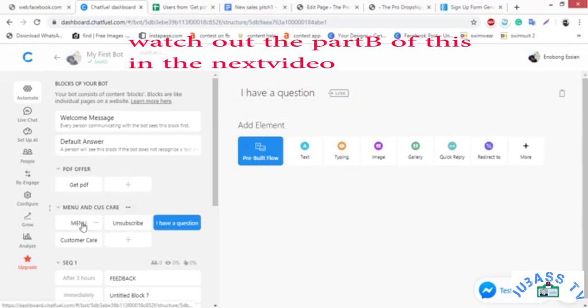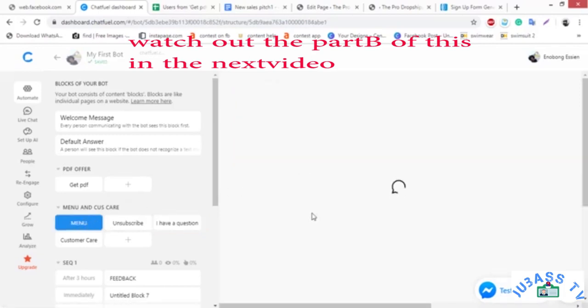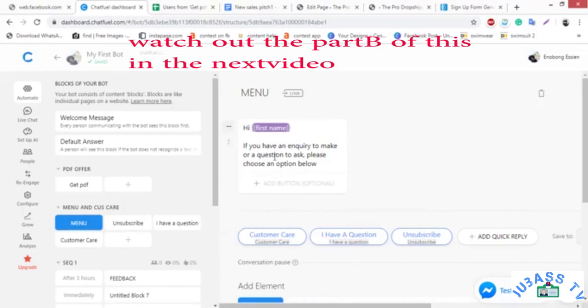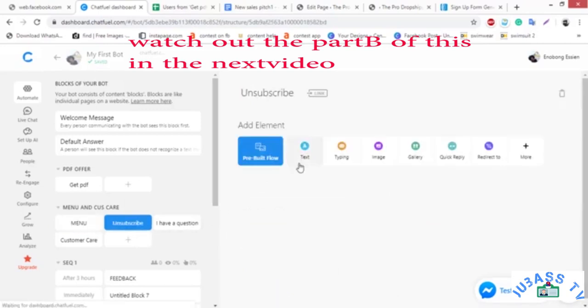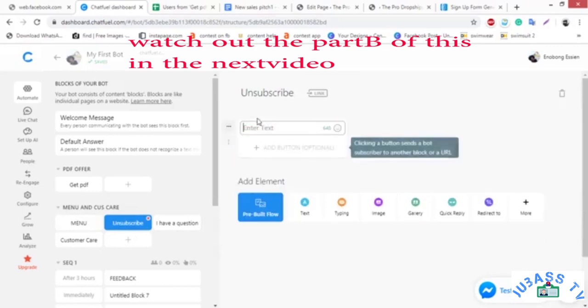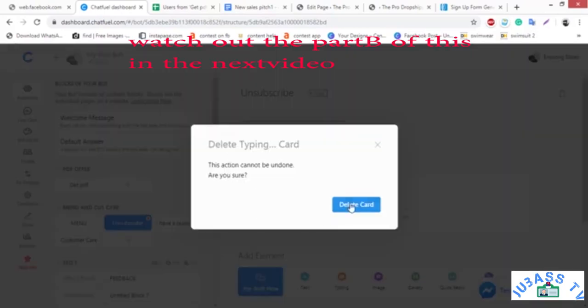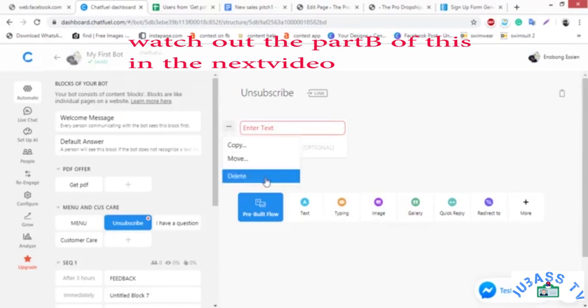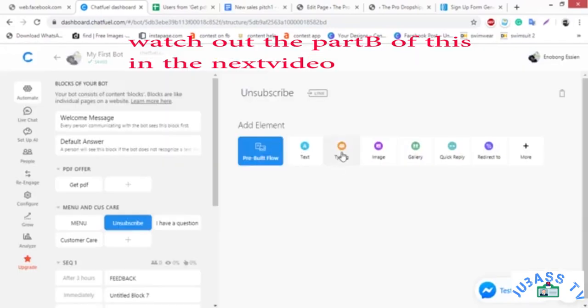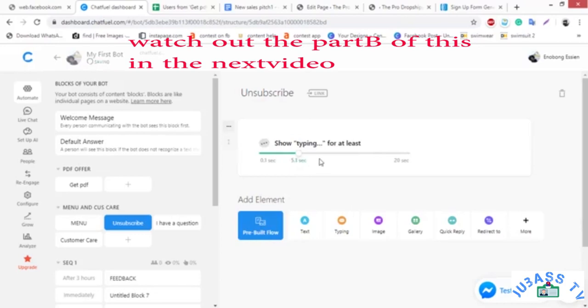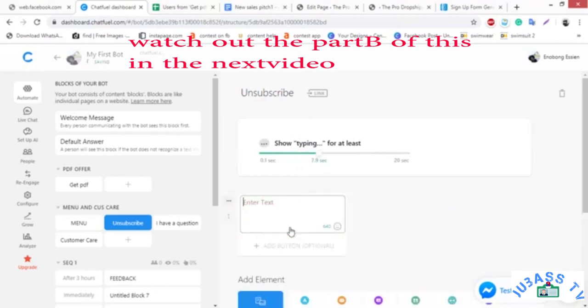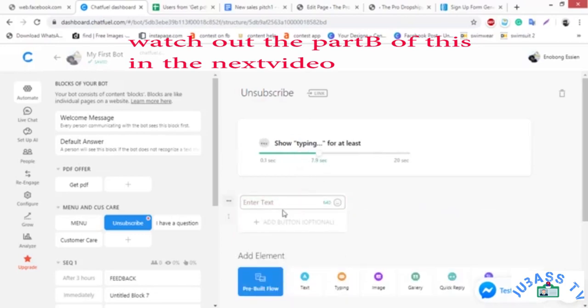Okay, so the menu, you've asked them to pick an option. If they have an inquiry or question to ask, please choose an option below. So these three would pop up. So let us start with unsubscribe. If they want to unsubscribe, the first thing they should get is not the text. They should get this typing. Click on typing, then let it show for like 7 seconds and let them wait a little. Then you tell them